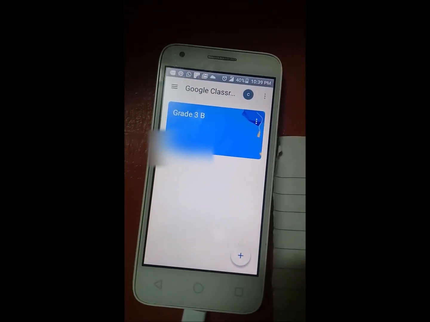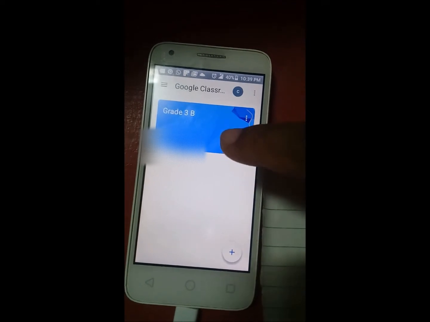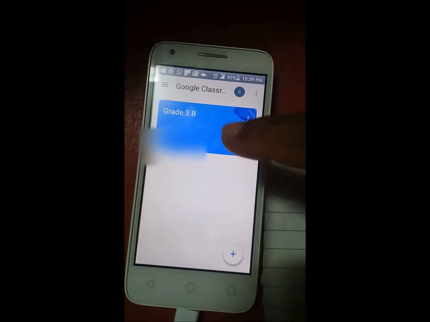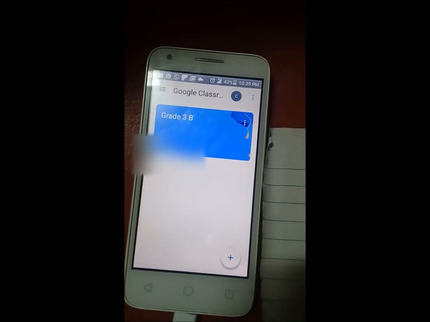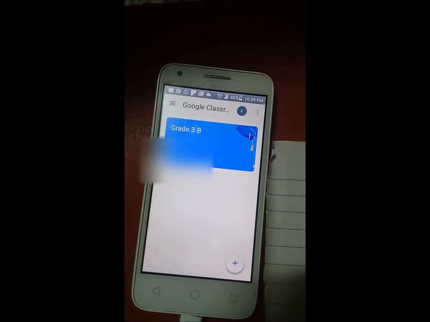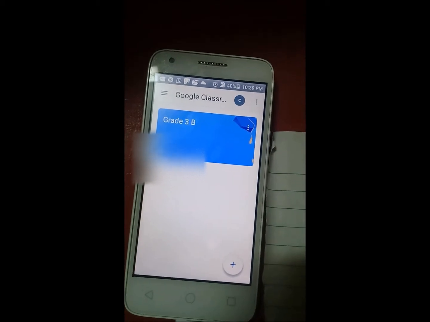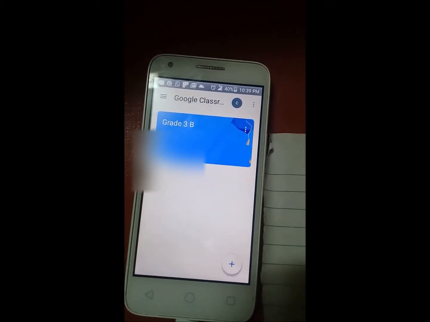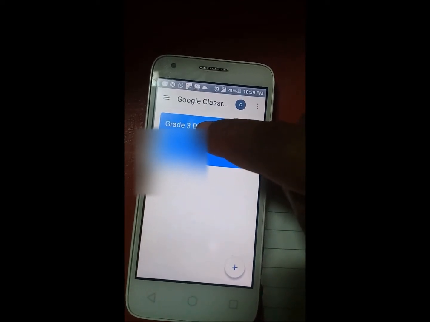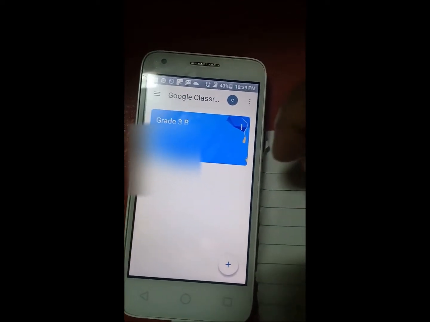And this is showing that she was added to this classroom. So her teacher had already added her to this classroom. Once she goes into Google Classroom with her email, she'll be able to see the classes that she was assigned to. So all she needs to do now is click onto it to enter into the classroom,